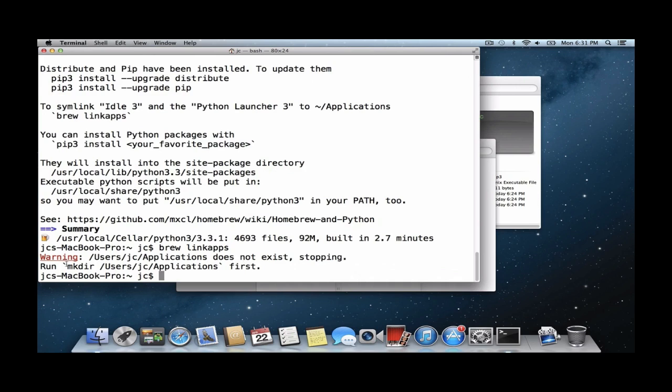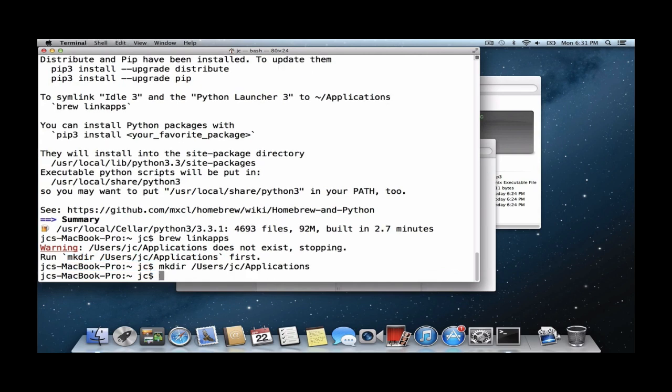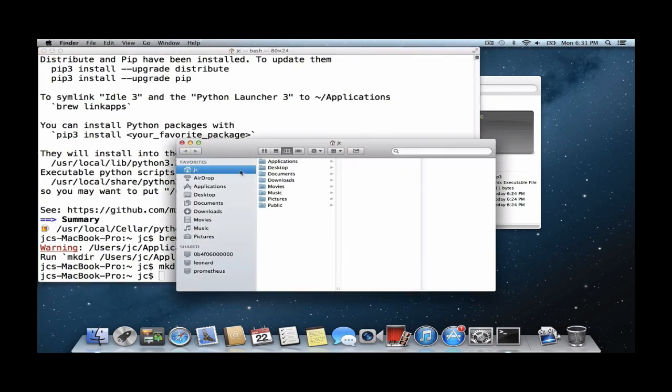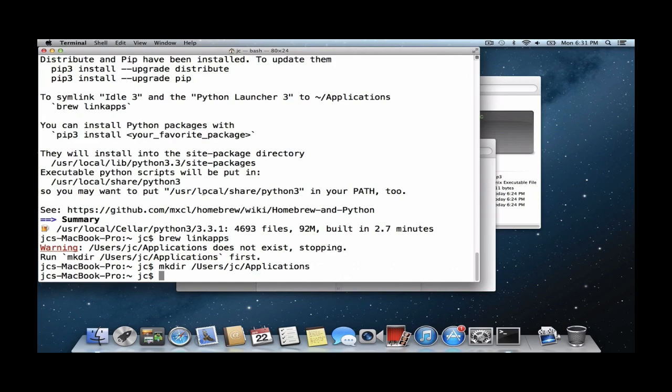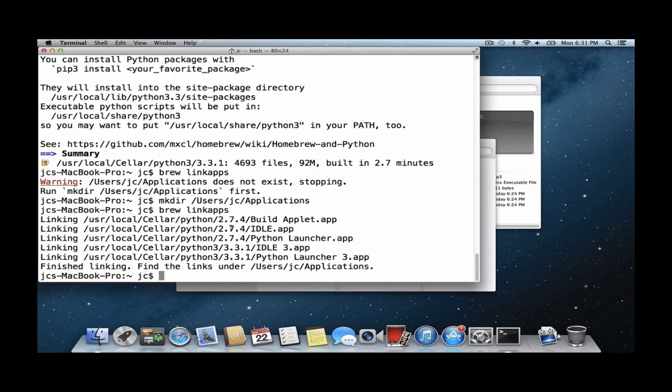Well, obviously it doesn't exist on any system. So hopefully Homebrew says run this command first. So let's just do that. Now if we go look at the folder here, there is an applications folder. And now we can run brew link apps again. And you can see that since I installed Python 2.7 and